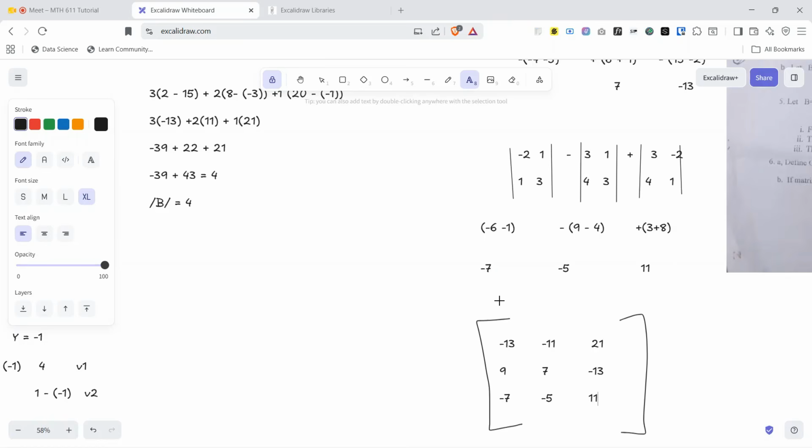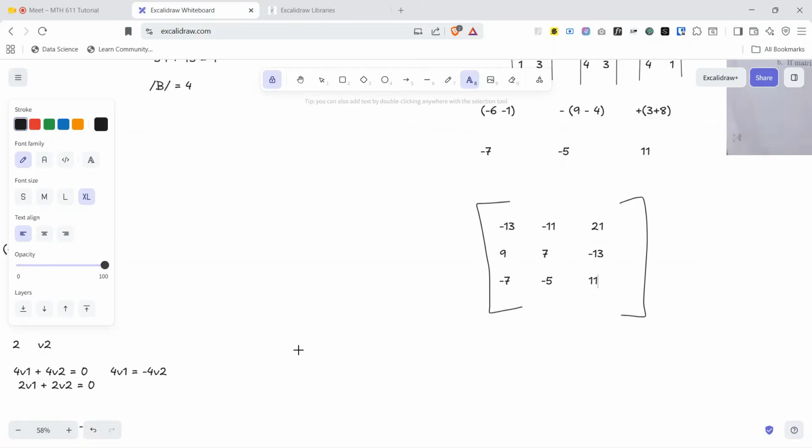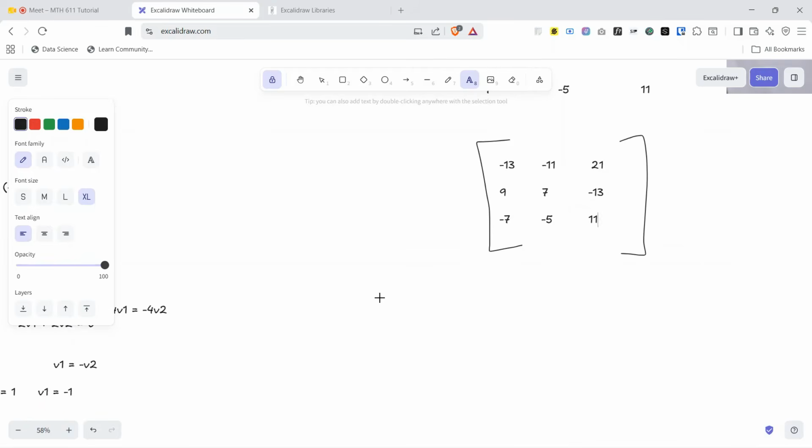So our final answer will now be equals to 1